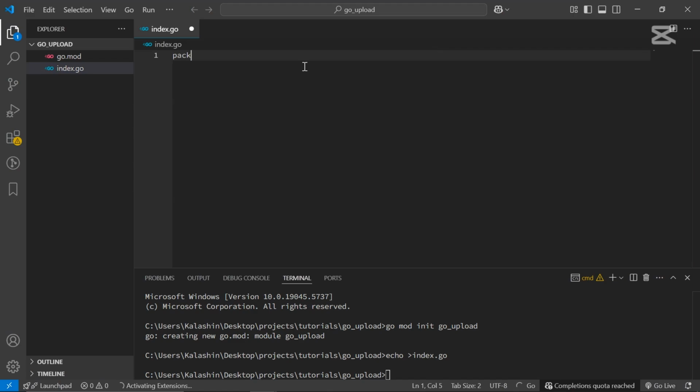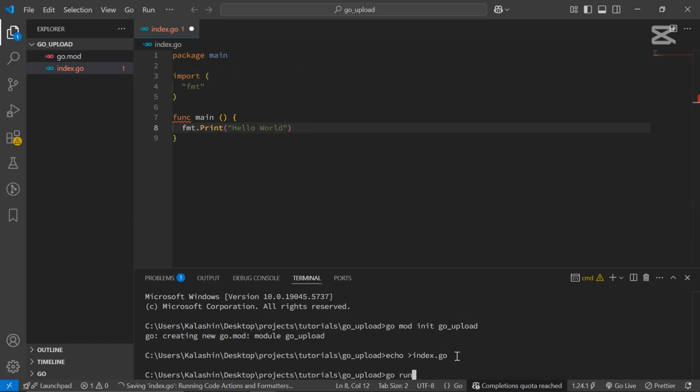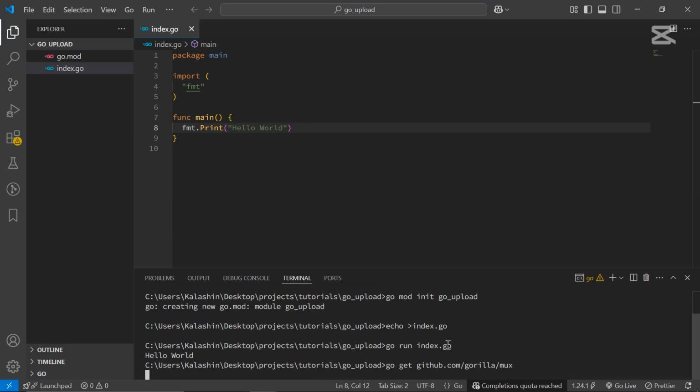file. I will declare a package name inside of this file, and then I will create a main function which will serve as the entry point into our application. Inside this main function, I will import fmt and call fmt.Print to print hello world to the standard output. I will save and run this file from the terminal, and you can see that we get back hello world in our terminal. I will then run go get